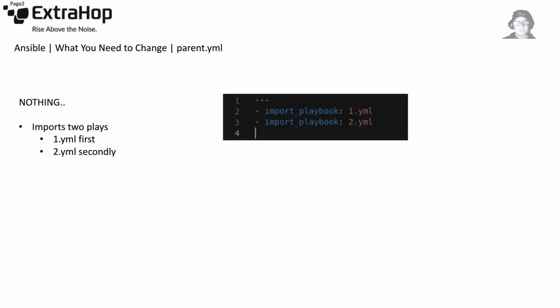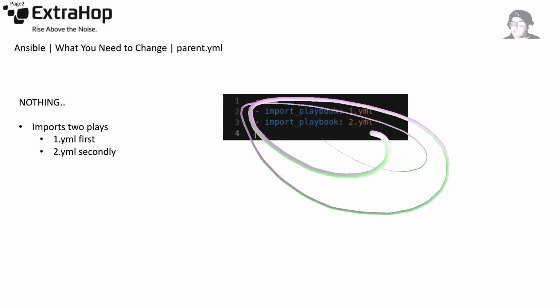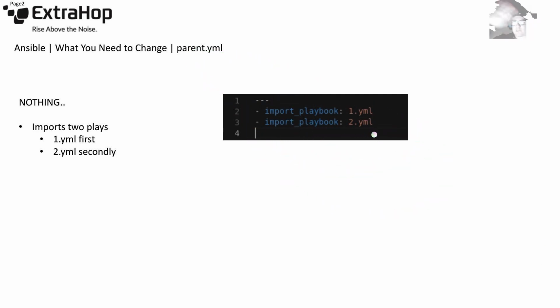So you've seen play 1, you've seen 2.yaml, but what is this parent.yaml? Well, parent.yaml is actually what we execute. And it's a bit lackluster, isn't it? Because that's it on your screen right there, with the rainbows going all through it, a bit of swirling universe stuff. All it says is import playbook 1.yaml, runs that. After the execution,